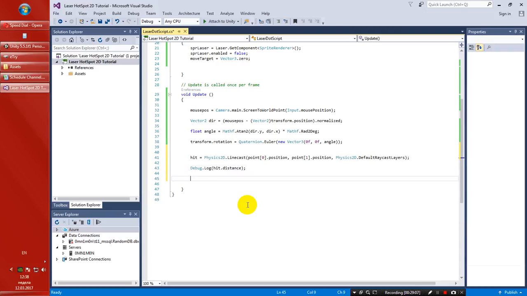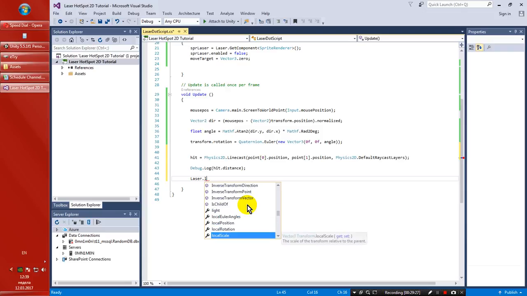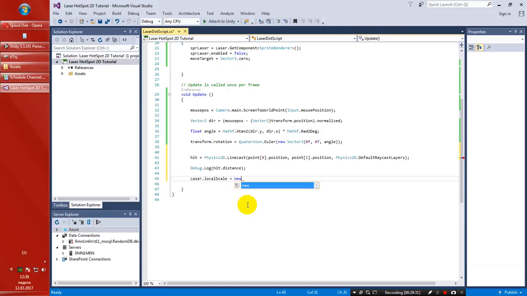And finally the main moment of the script is when we resize the laser itself. So we have the reference of the laser, which is a child of this script. So laser.localScale, we're gonna rescale to a new Vector3 each frame, and